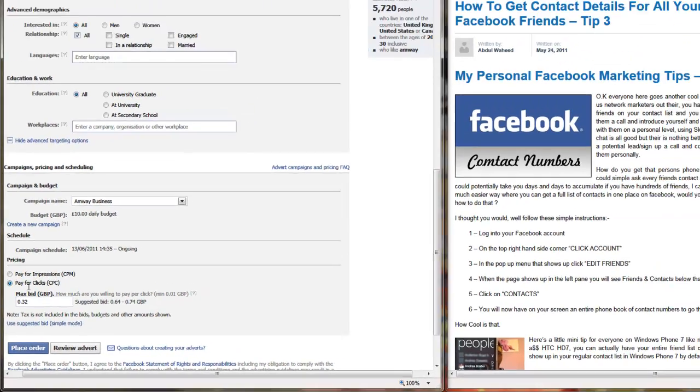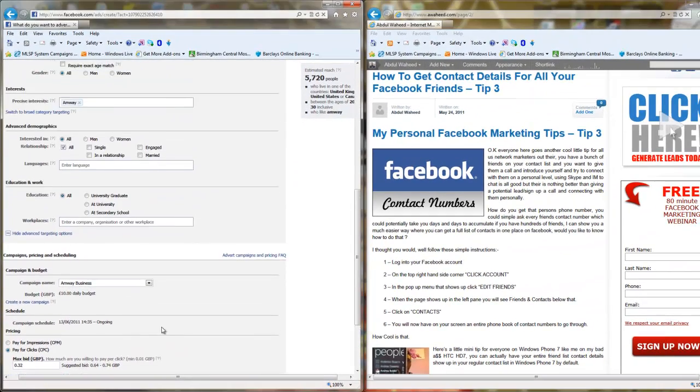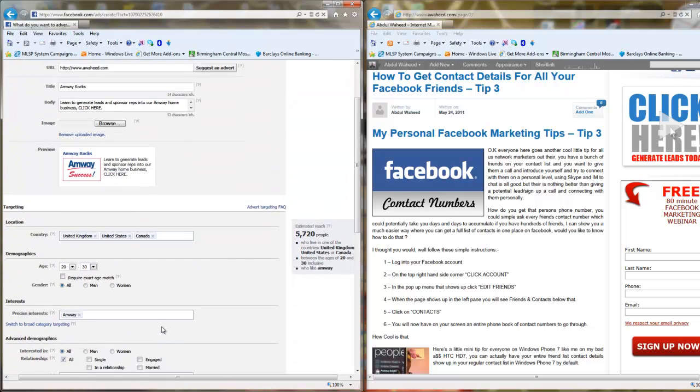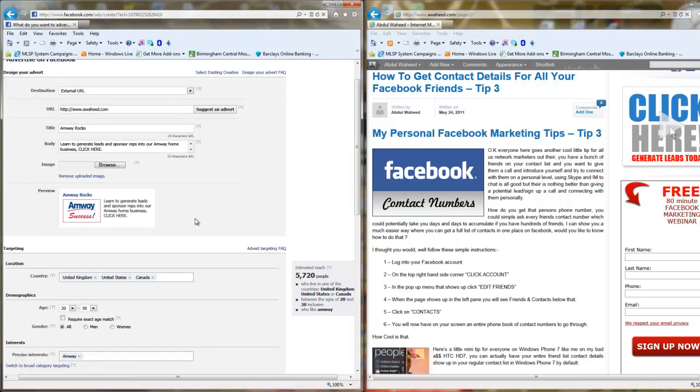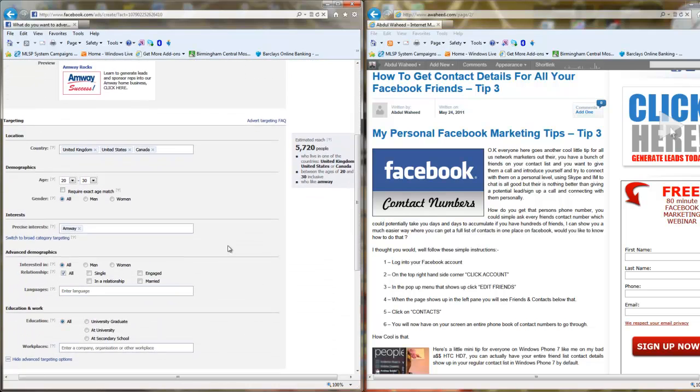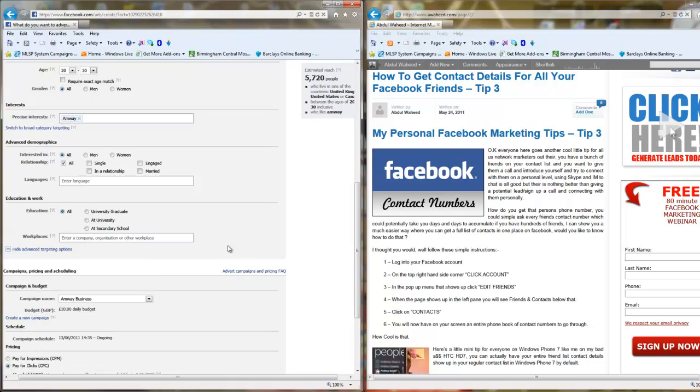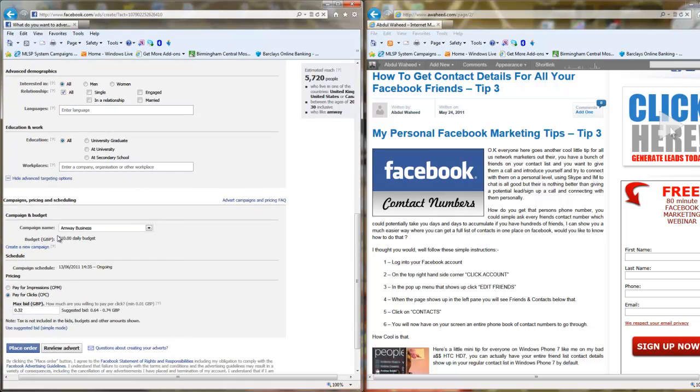So we've done this now, and now what we're going to do is just read through this, make sure everything looks okay to yourself. Here we go. And it looks pretty good. And obviously what you've got to do is create a new campaign. A campaign basically is your way of tracking